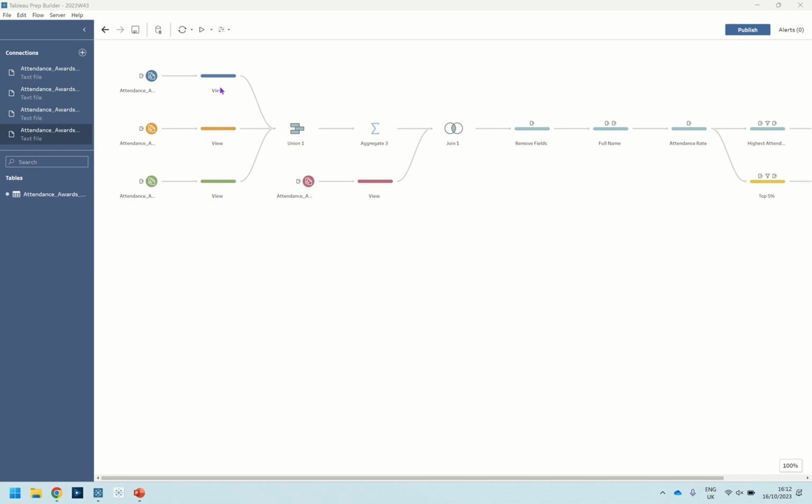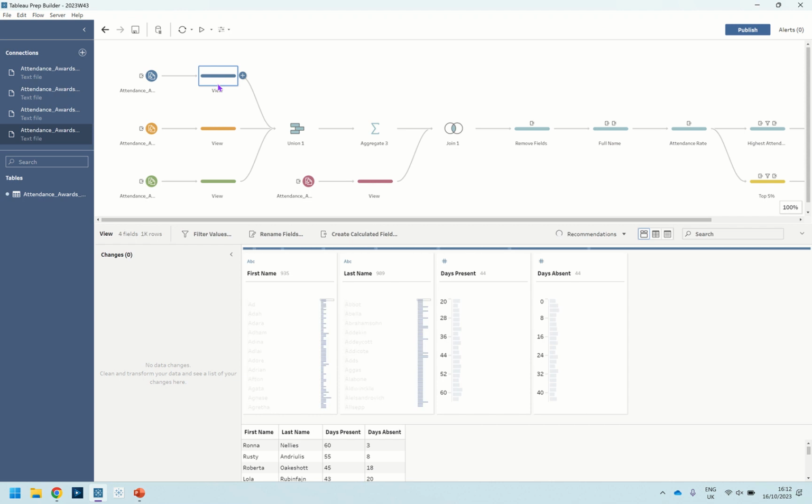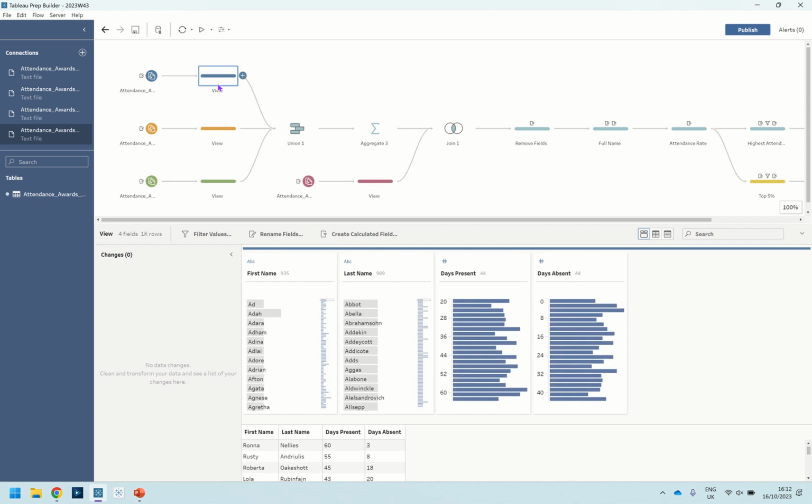So what we have here is the attendance of each pupil of the prep school for 3 terms. If I just click into the first one, this is term 1 here, term 2 and term 3. And we can see that they're all pretty similarly structured. It's just that this first column for the second and third term has F1 in it rather than the first